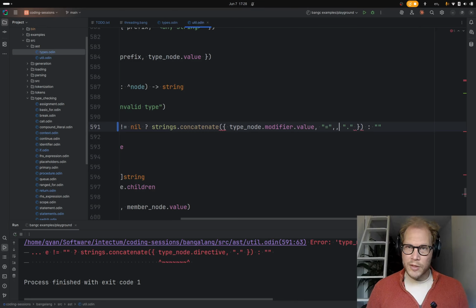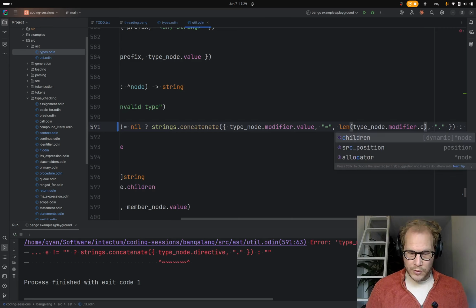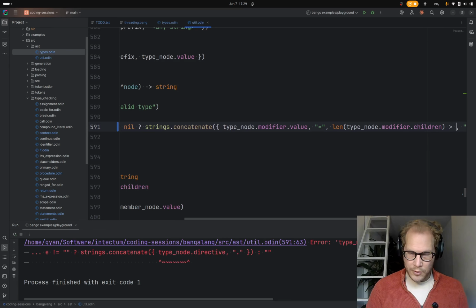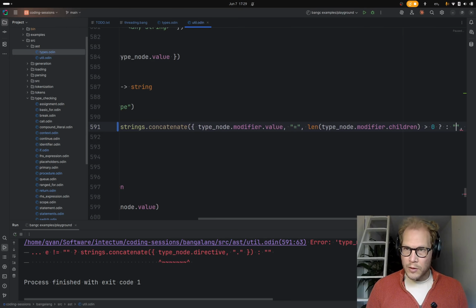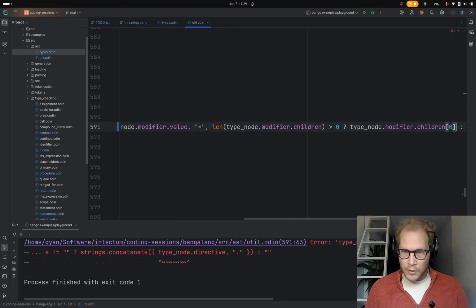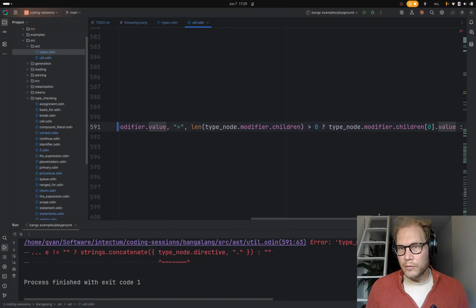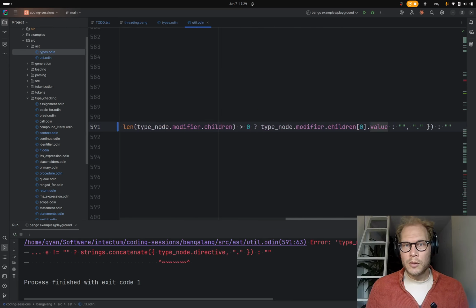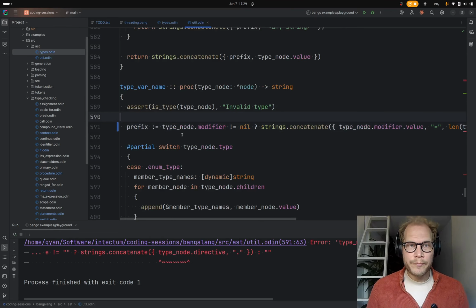So we'll just keep things simple. Always have an equals, and if the modifier has children, then we'll add the child value as well. So we'll add the children 0 dot value. So that should be the number. Geez, that's long-winded and ugly.